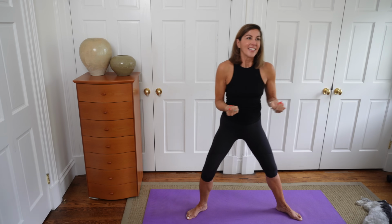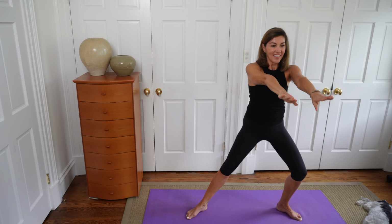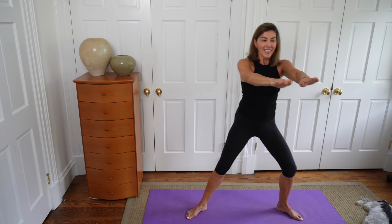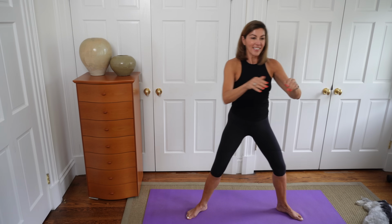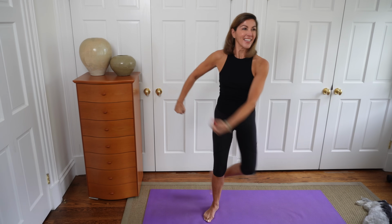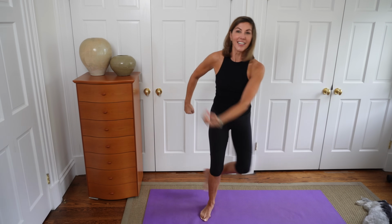2, 3, 4, a flat palm and then a fist. 6, 7, 8, 9, and 10. And finally, let's use a little cardio burst to lift our heart rate, and let's do that with